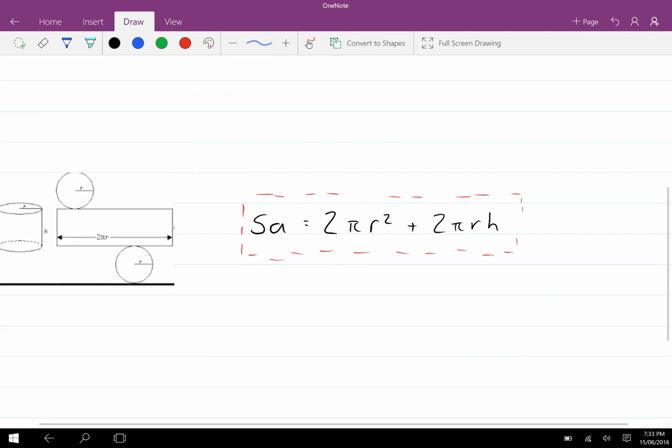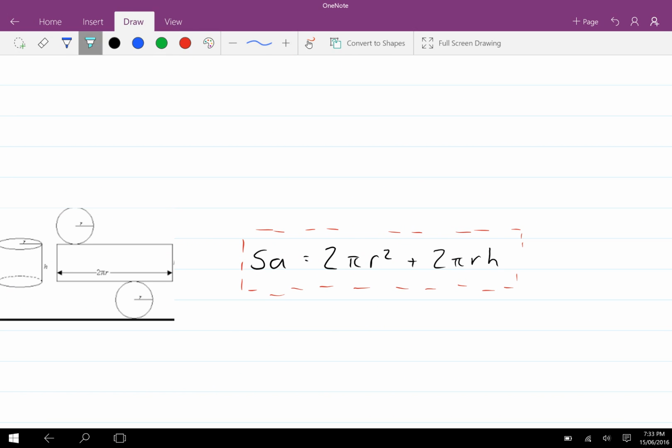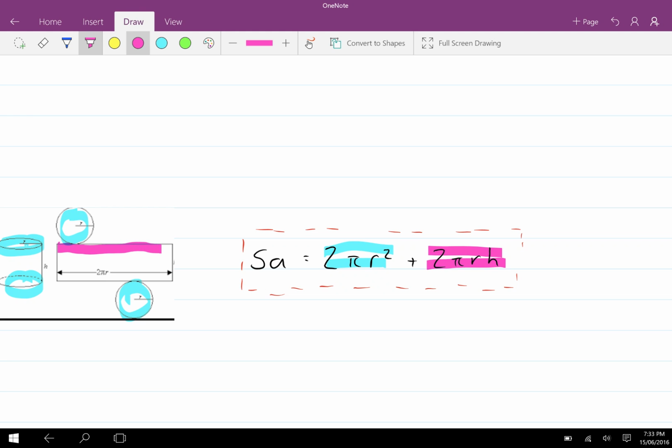Now, just a bit of intuition as to where the formula comes from. You've got two parts of the formula. The 2 pi r squared is the circle on the top of the cylinder and the bottom of the cylinder, as you can see in both the cylinder and the net. And then the 2 pi rh gives you the rectangle, and that rectangle comes from opening up the cylinder and stretching out the middle bit that makes it a cylinder into a rectangle. And that area there